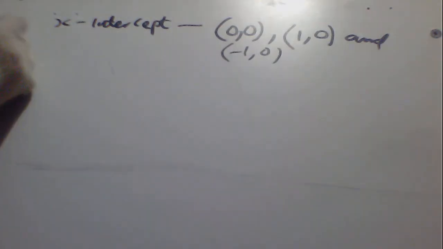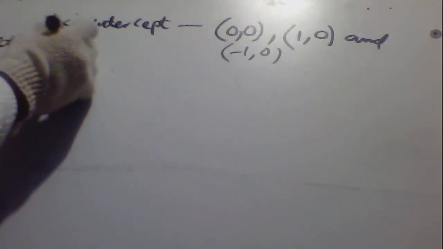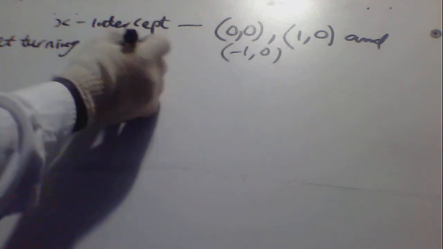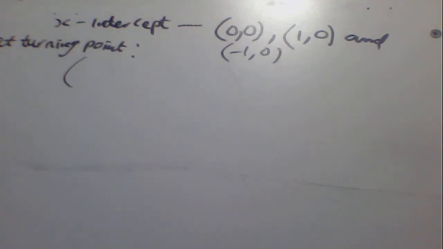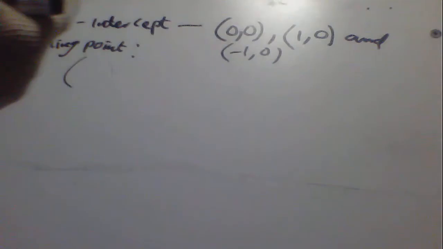And then at the turning points, we have two values of x. We have two values because a cubic function usually has two turning points. Maybe it looks like this, the minimum and the maximum. Sometimes it may look like this, sometimes it may look like this, if this is maybe x raised to power 3.